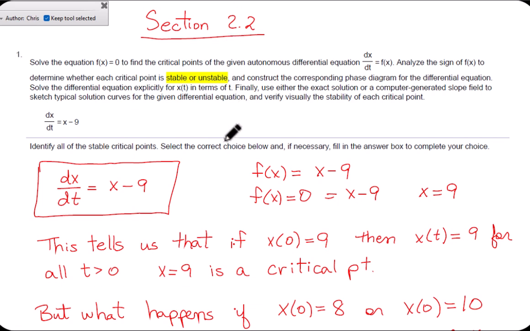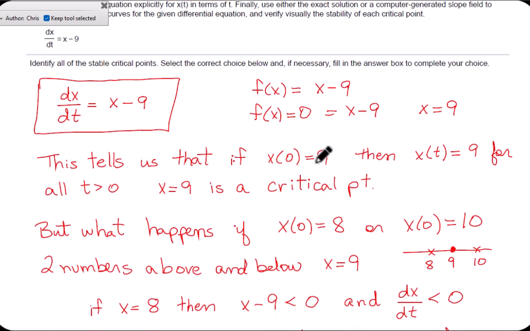So, looking at our first problem, we have dx/dt equals x minus 9. Alright, so the right-hand side here, when is it 0? Well, it's 0 when x is 9. Okay, so x equals 9 means that dx/dt is 0, so the function would be constant. So, if my initial condition is 9, then the solution will remain 9 for all time,